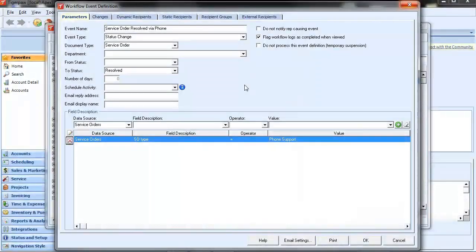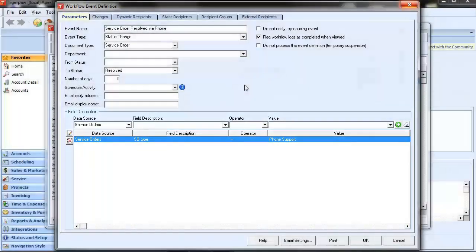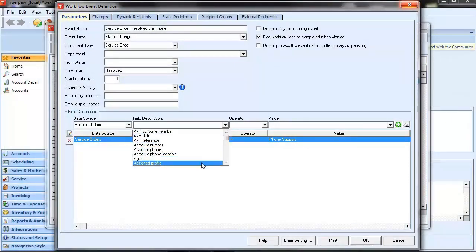You asked for more options when developing automatic workflow notifications within your organization, and we've delivered. Within workflows, you now have the ability to select from over 1,000 fields to specify conditions for triggering notifications. We've added a section on the Workflow Parameters tab labeled Field Descriptions. Once you choose an event type and document type, you have the ability to assign specific field-level triggers to your